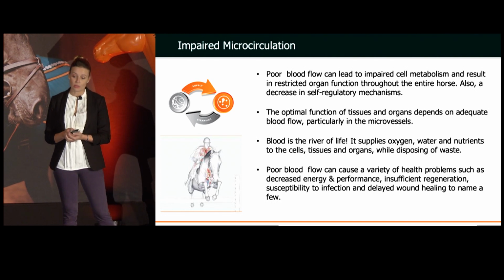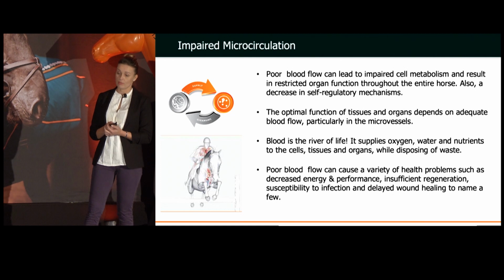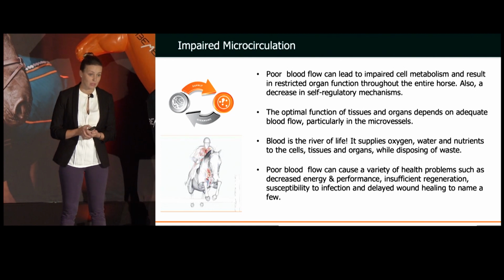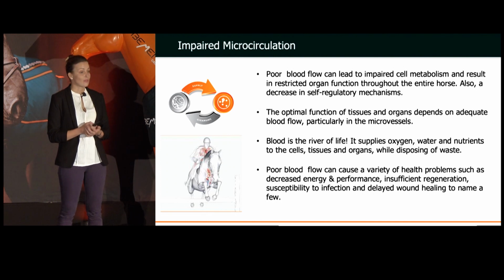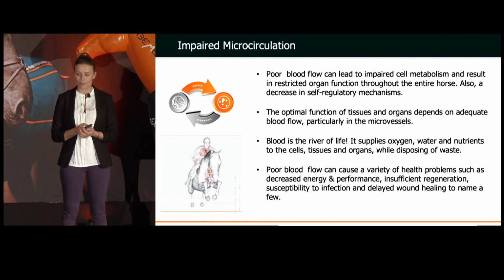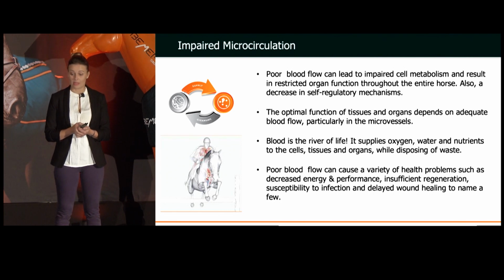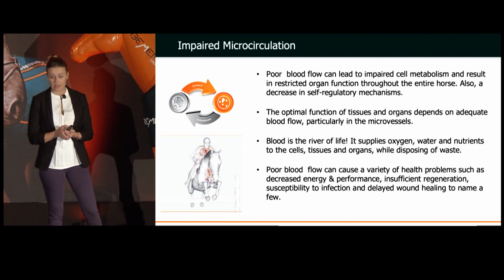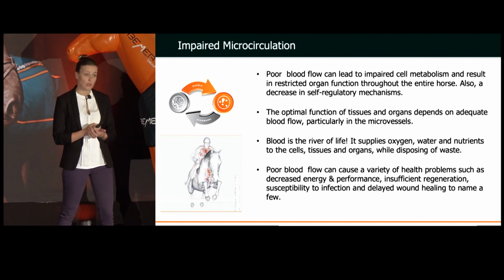So the optimal function of tissues and organs depends on this proper blood flow, and particularly in microvessels. Blood is the river of life, as we know, so it supplies oxygen and water and all the nutrients to the cells that they need to survive, and tissues and organs, while getting rid of all the things that they don't need. Poor blood flow can cause a variety of health problems, such as decreased energy, which is a very early stage